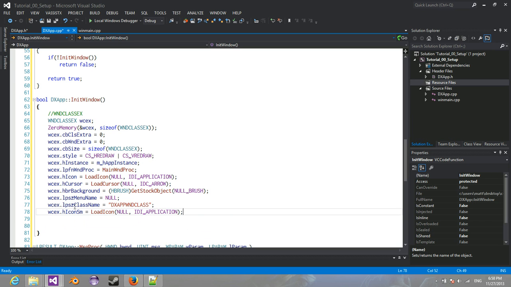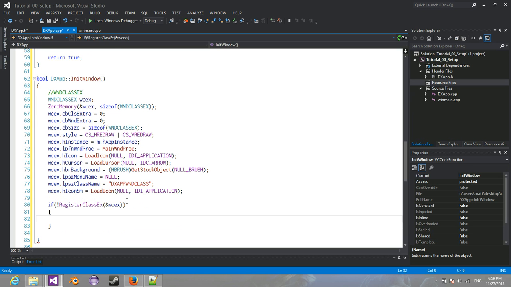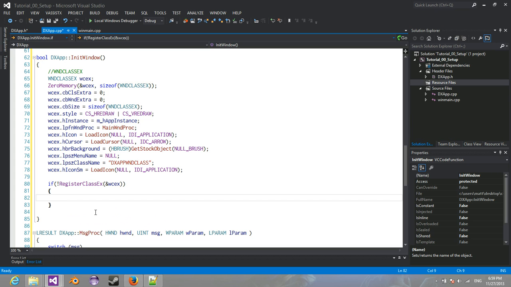Now before you can do that, we need to actually register this with the Windows OS, so that it knows what you're talking about when it tries to create your window. So if not RegisterClassEx, and then you pass in wcex. So if this fails, we clearly can't continue. So we're just going to return false. But what we should also do is have some way to know that we just failed. So we're just going to